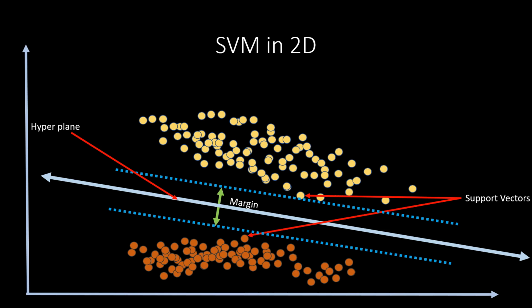Support vector machine is a supervised machine learning algorithm that separates data points using a decision boundary called a hyperplane. A hyperplane is a line in the case of two-dimensional data and a surface in the case of three-dimensional data. In fact, a hyperplane is defined as a subspace having dimensionality one less than the ambient one.